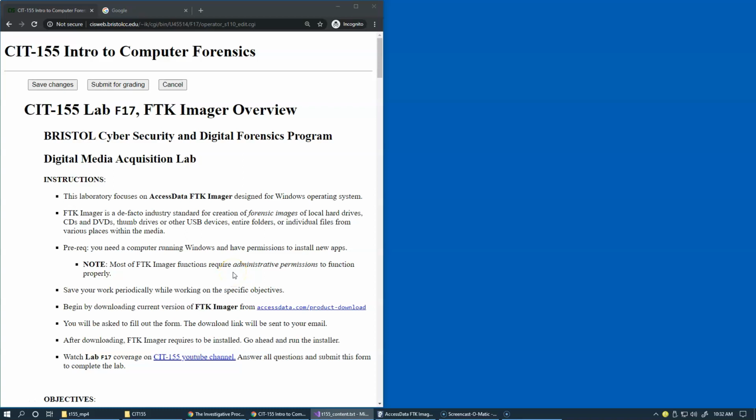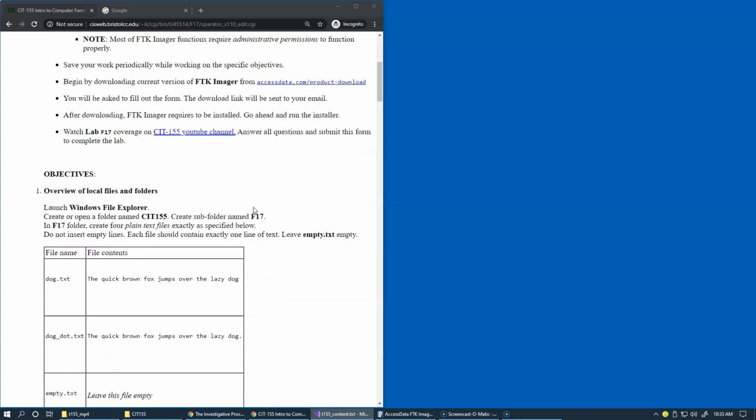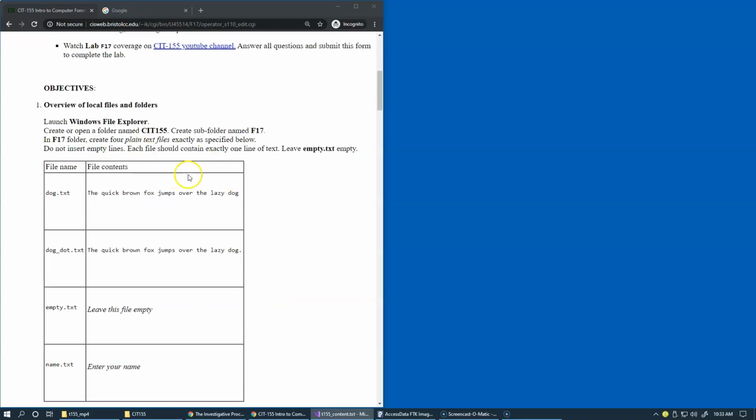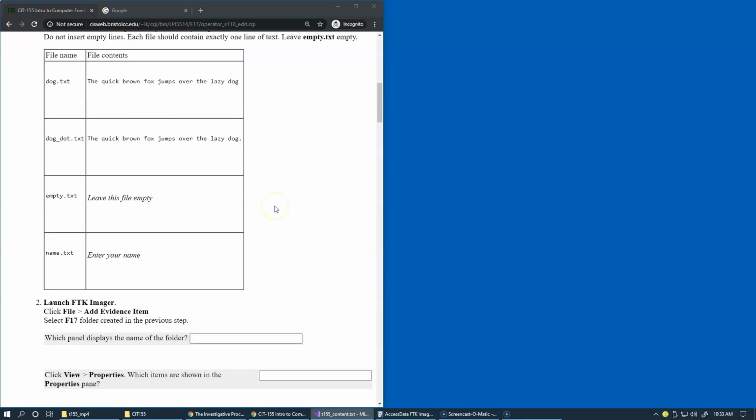I'm now switching to a full screen view, which will give us a little bit more real estate to use when we start practicing with FTK Imager. A general note about organization of our laboratory exercises: every handout like this will have a series of instructions which are pretty much step-by-step requirements to follow, like this one. So we have some objectives to accomplish, and